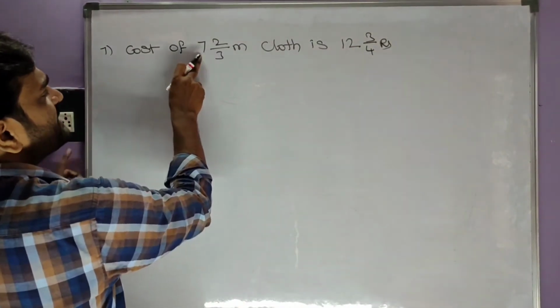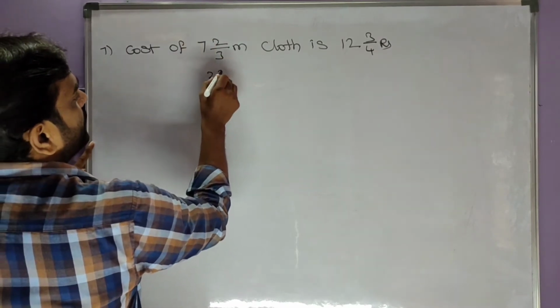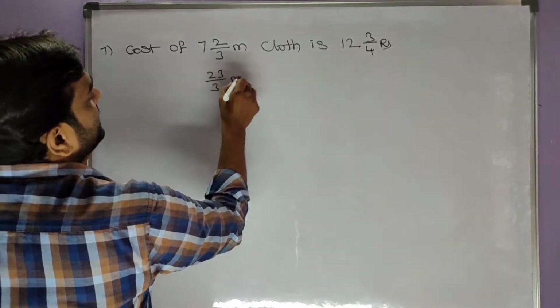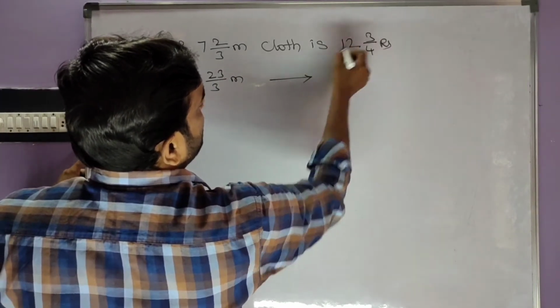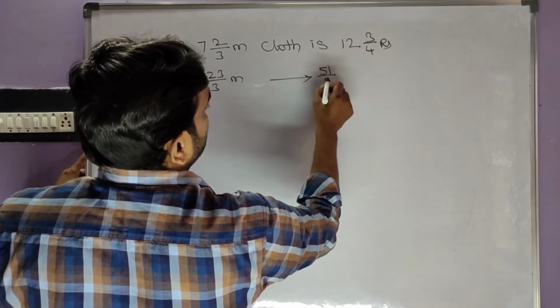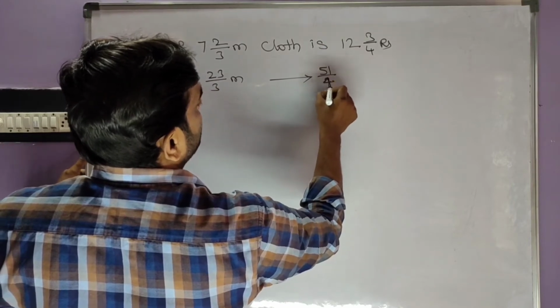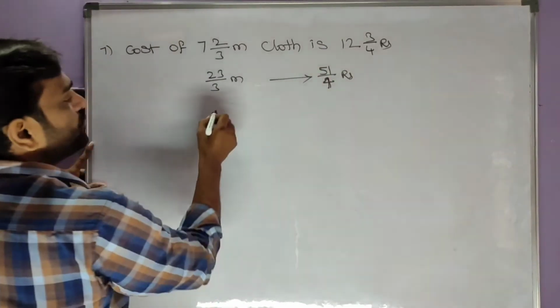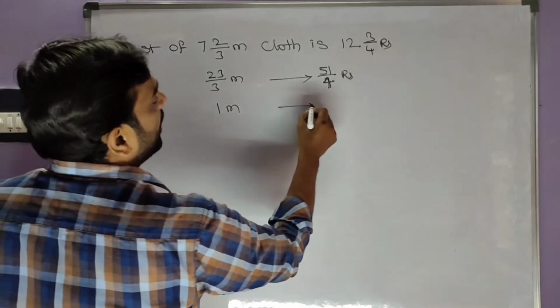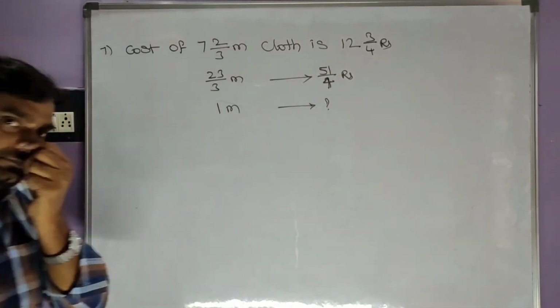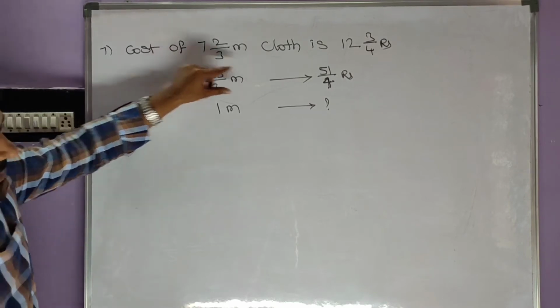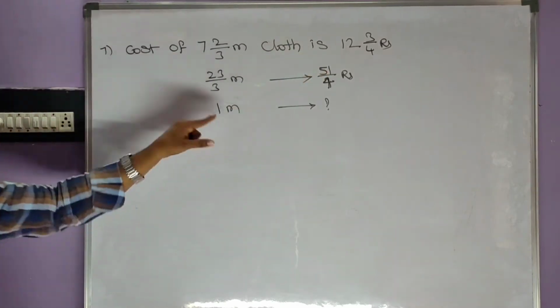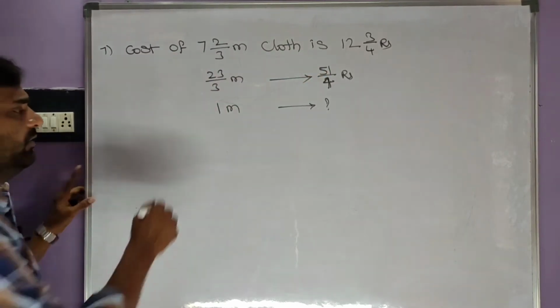Okay, this is nothing but 3 sevens 21 plus 2, 23 by 3 meter. Here 4 twelves 48 plus 3, 51 by 4 rupees. Here the question is, for 1 meter, how much cost? Okay, this much length of cloth is 51 by 4 rupees. For 1 meter, how much cost? Okay,